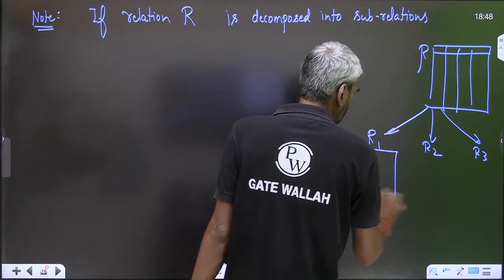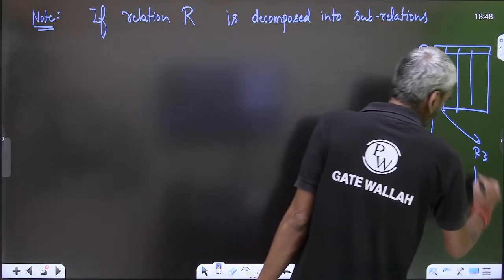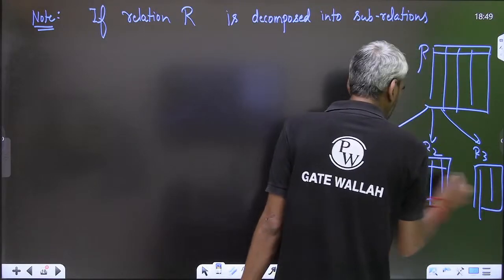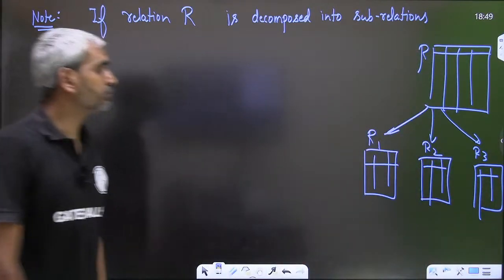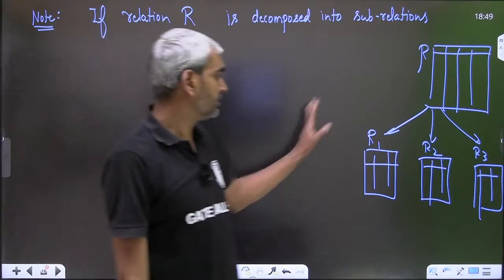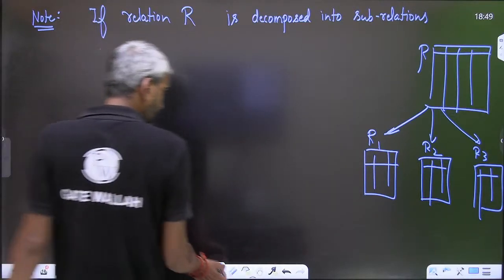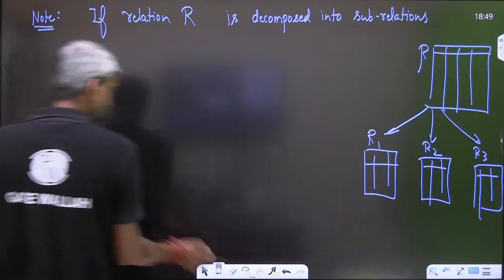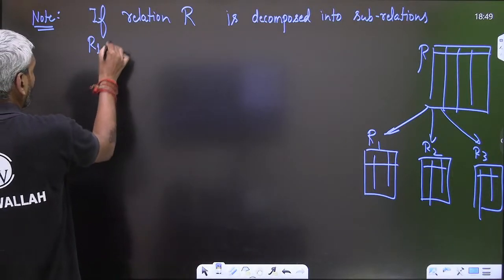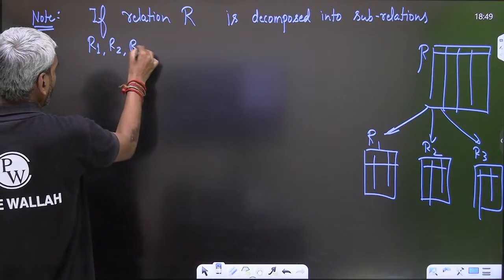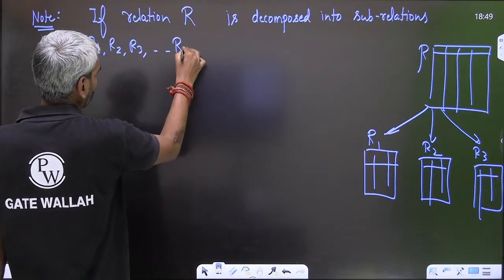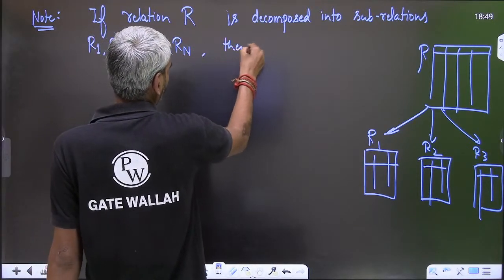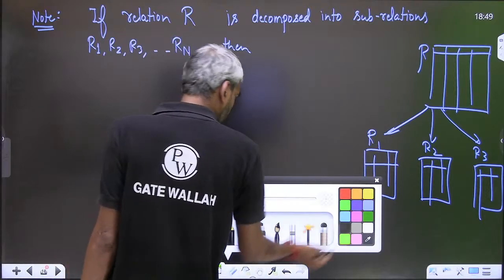Some of the attributes are present in this, some in this, some in this, right? So if you decompose the relation R into subrelations R1, R2, R3 up to, let's assume, any number Rn, then in general,